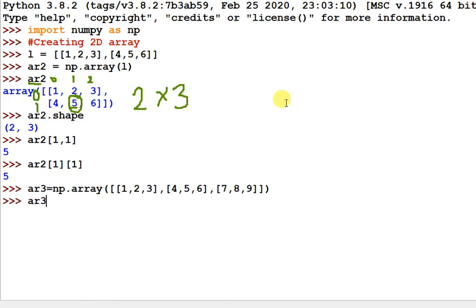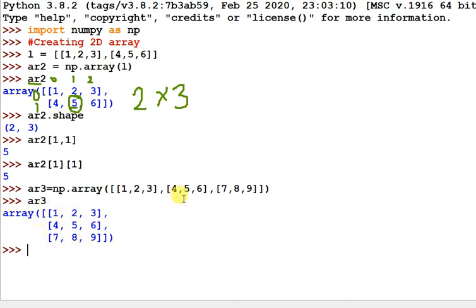Either you can pass the nested list directly, or you can store the nested list in a variable and pass that variable to the array function. So it will create a two-dimension array. This is the two-dimension array of 3 by 3.